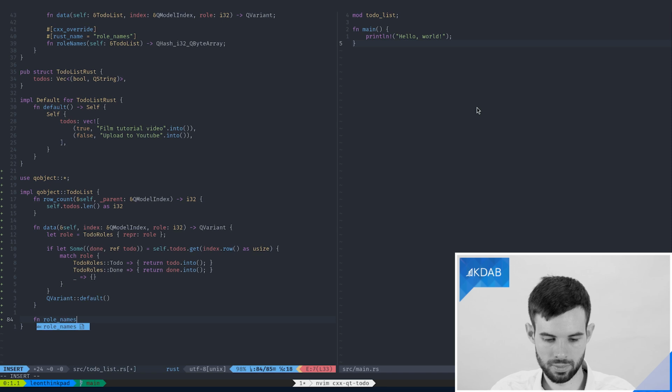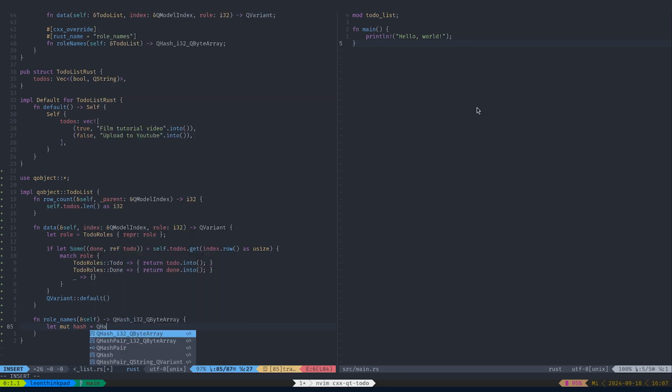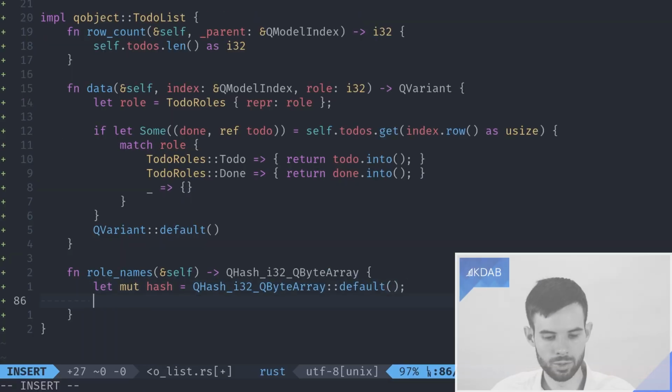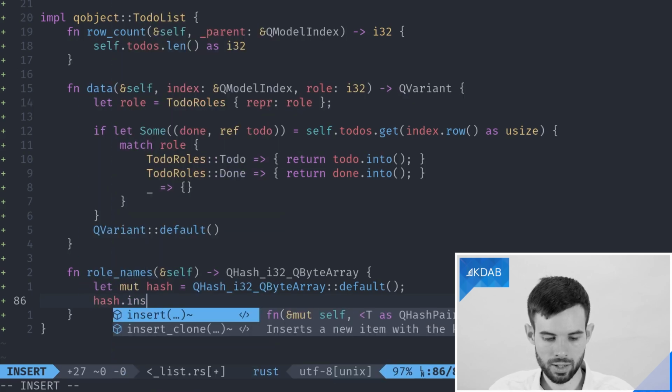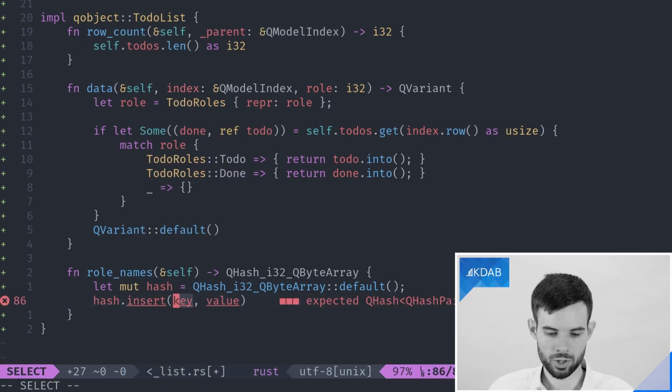The last step is now to then also tell Qt what the role names map to. Like what name in QML should map to what role in our model. And this is exactly where we return that QHash of i32 QByteArray. Here we'll use Rust's default function because QHash, of course, implements the default trait, so we just get an empty container that we can then modify to insert our key value pairs, which in this case are going to